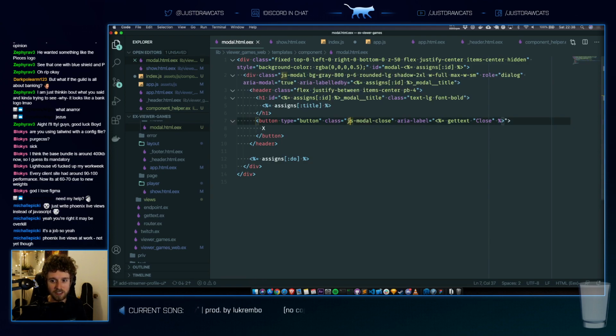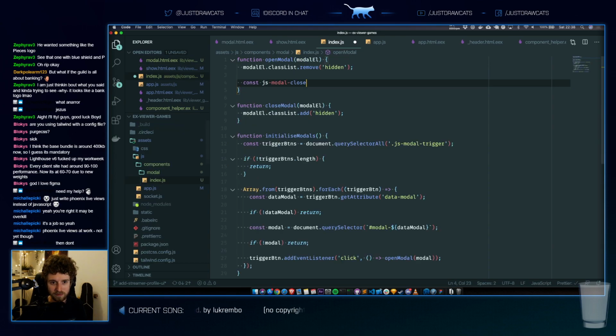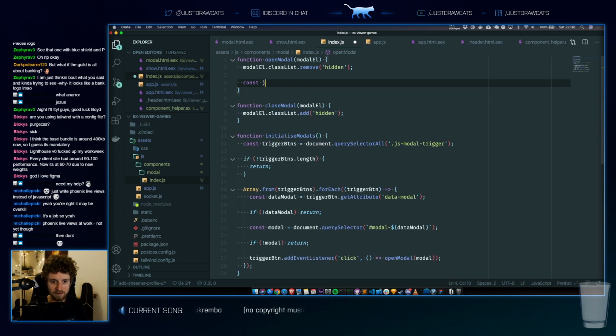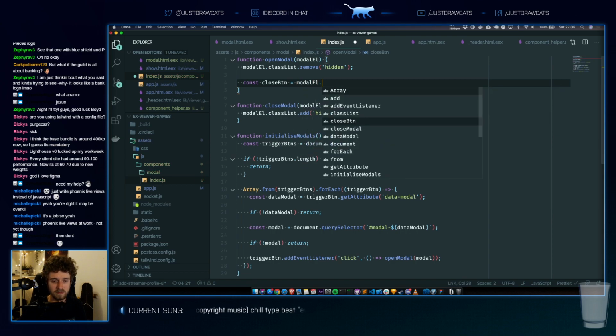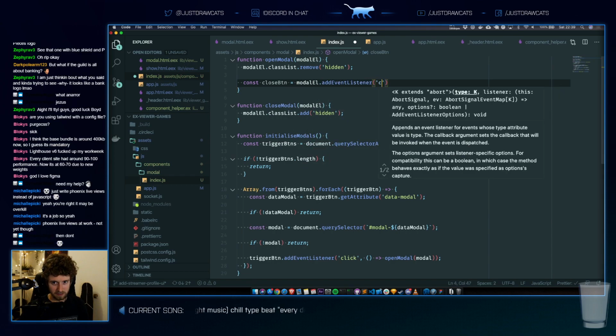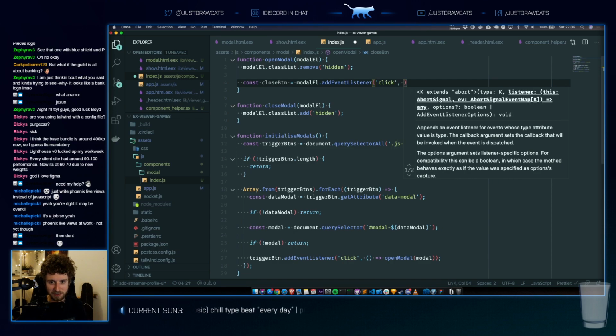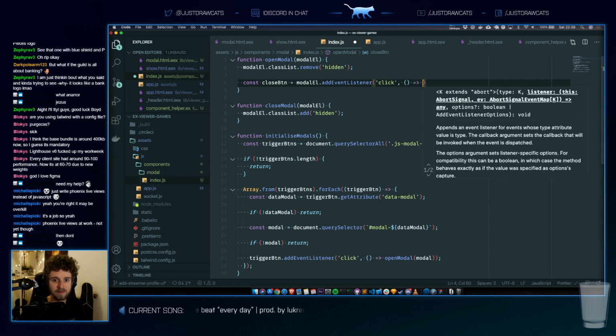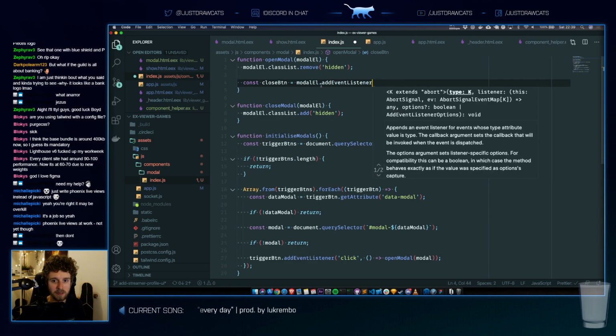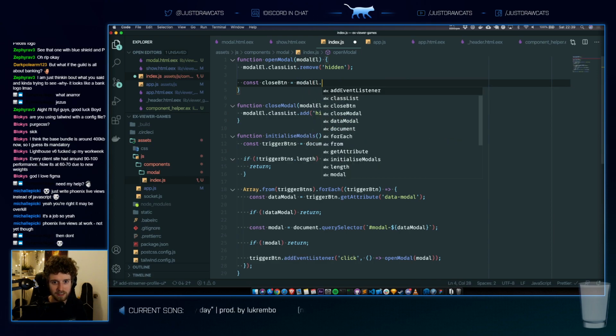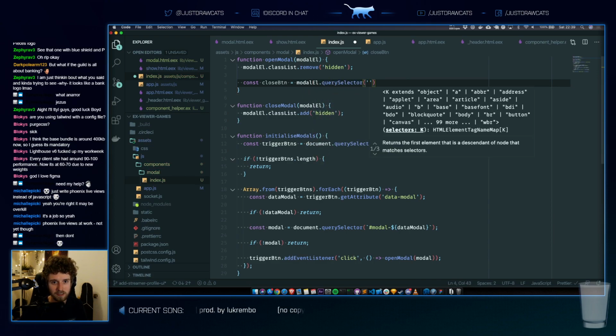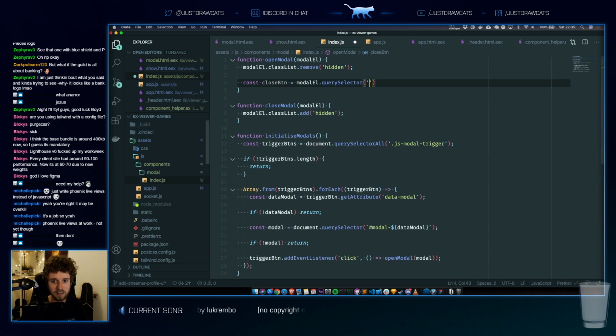Okay, so inside here we're gonna find the JS modal close button. Hold up, that's not good. Query selector, find the JS modal close.